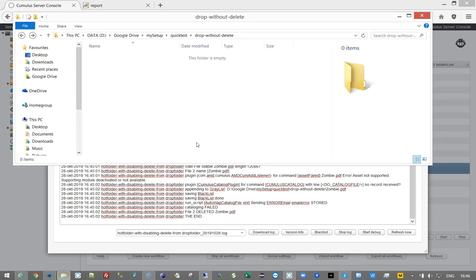That's the standard behavior of Roboflow. It processes the file. Whatever you do with it is the responsibility of the action script, and then it is deleted. So the cataloging process of the first file went fine. It had a central asset location, so it moved the file into the central asset location. If the catalog does not have a central asset location and leaves the file where it is, then your first step in the workflow should be to move or copy the file to the final destination and then catalog it from there. The second file is